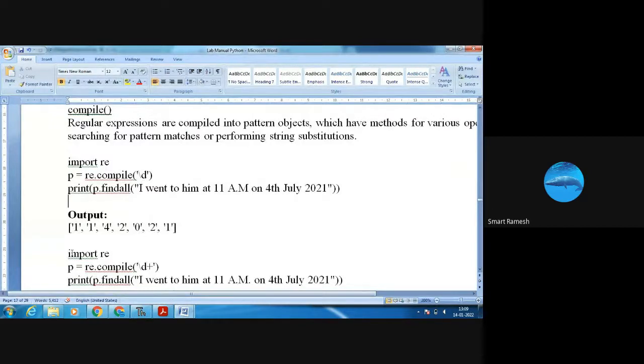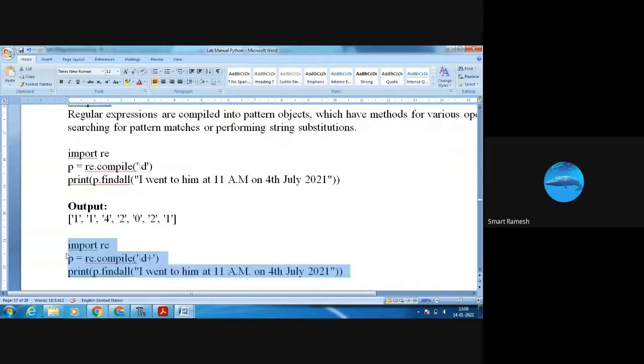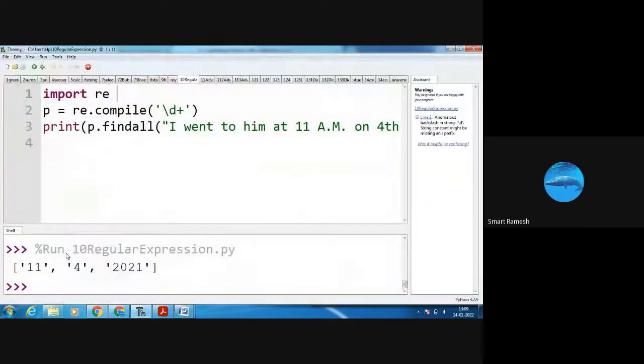Next, I am going to run this program. Here it returns all the numbers in separate format. Here \d+ means 11 is grouped, in group format.